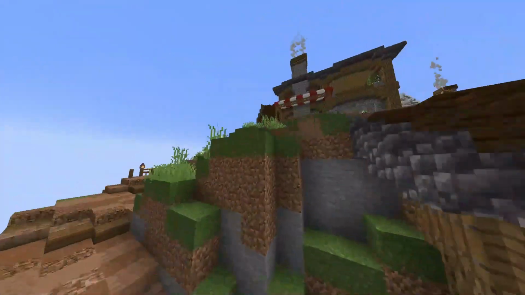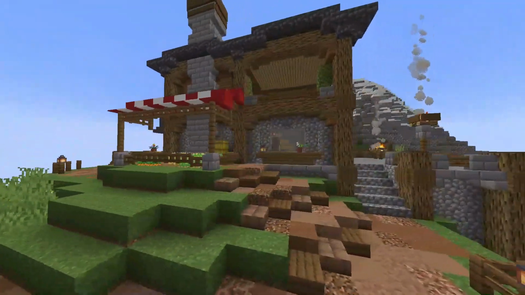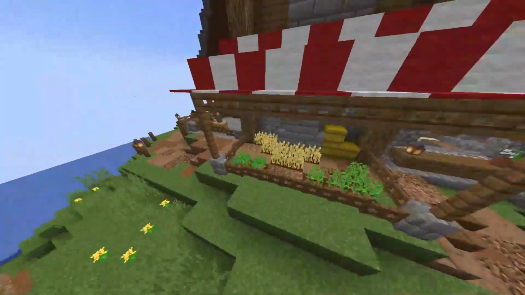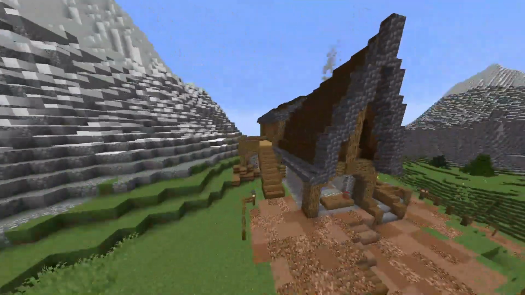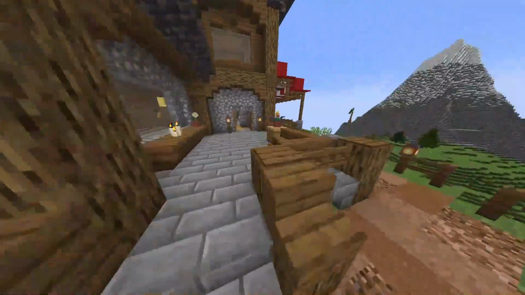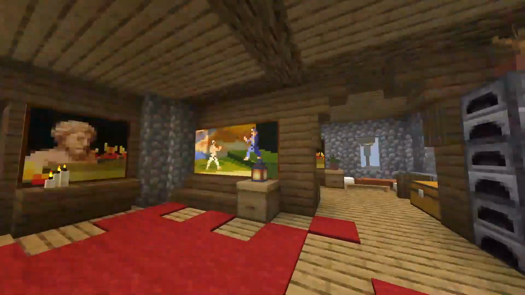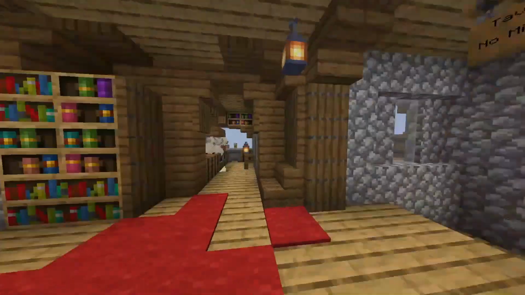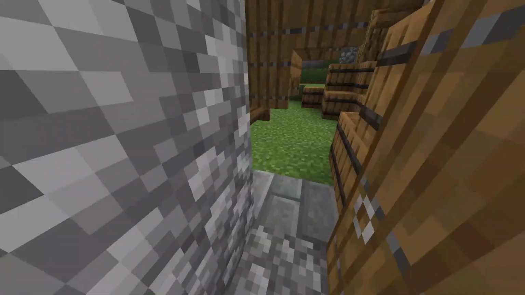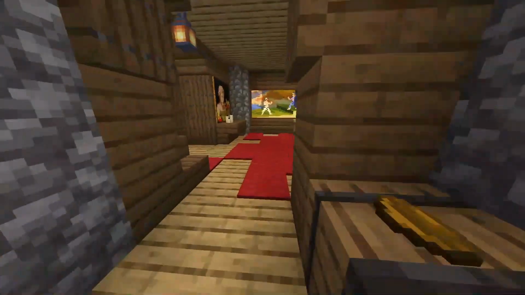Okay, we got this tavern here. Got this main house. A little farm. Couple balconies. Guess we'll start here. Bench. Inside, fireplace. Couch. Got a kitchen. The store leading back here.